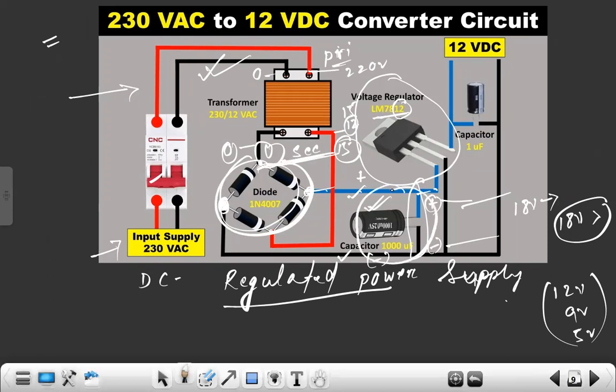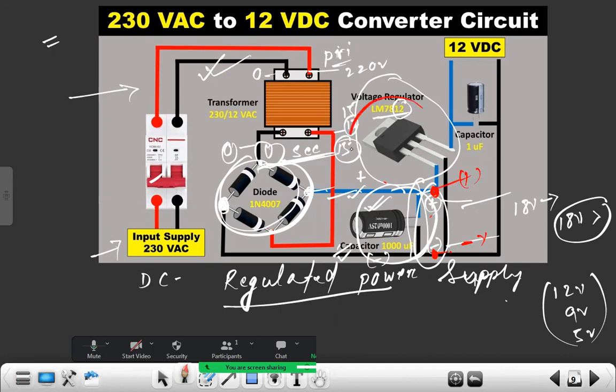By applying this capacitor, that pulsating DC is filtered, and here, which I'm showing in red color, at these two terminals we get a filtered DC voltage. This filtered DC, minus as well as plus voltage, is fed to this